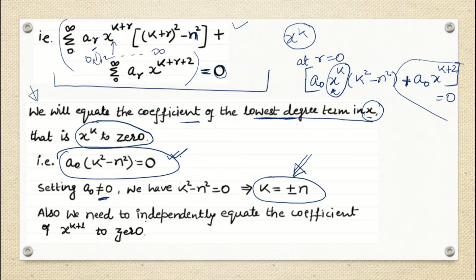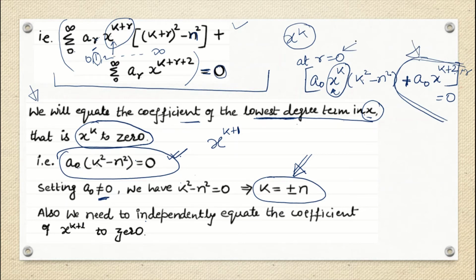So now I'm going to pick the value of r as 1, and then I'm going to equate the coefficient when r is 1, and in that case also we will avoid this second term. And why will we avoid this second term? Because if things are getting a little clearer, you will understand that the minimum degree of x in this term is actually x to the power k plus 2. If you put r value 0, the minimum degree of x in this term is only k plus 2. So even if you are finding out at r equals 0, you cannot analyze this term, right?